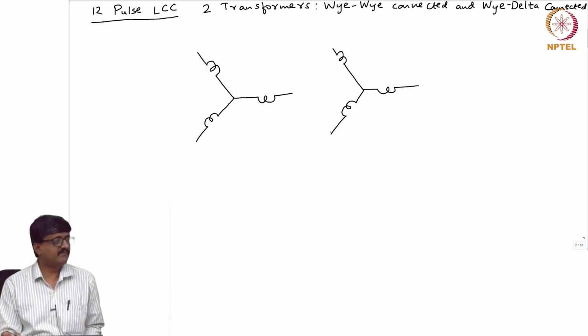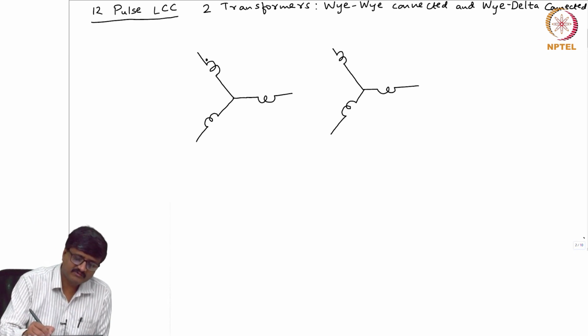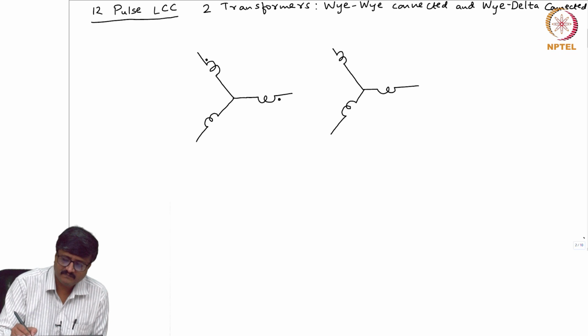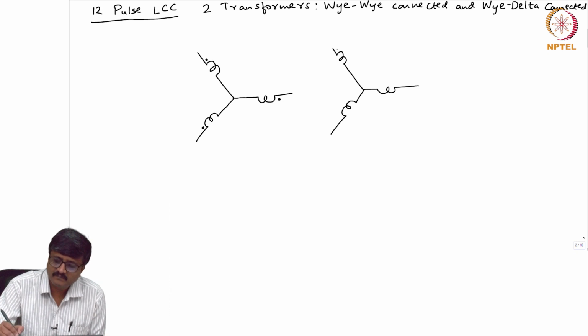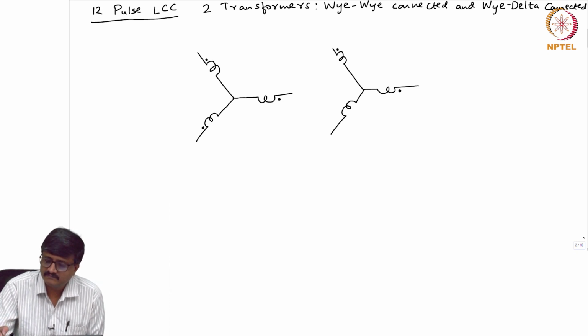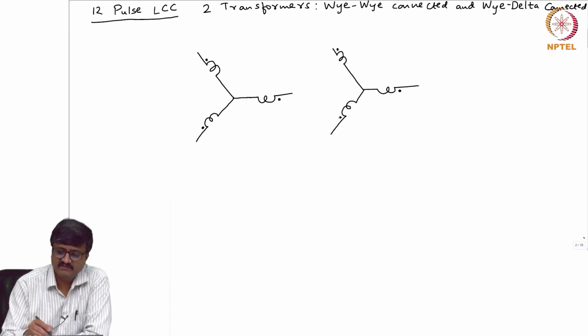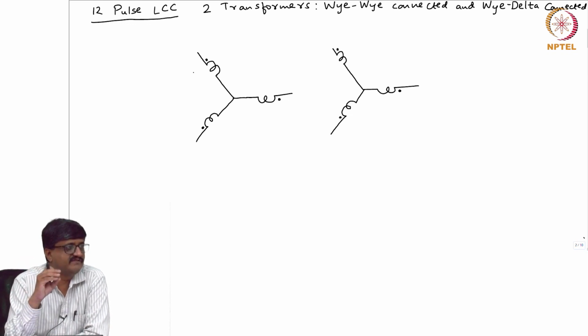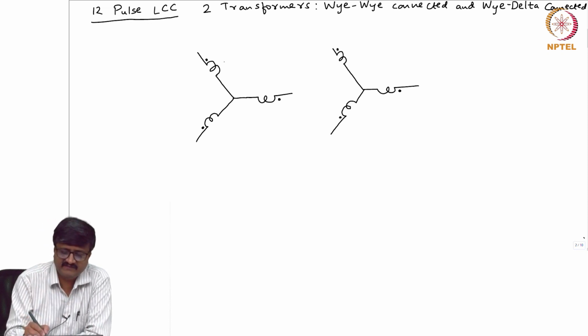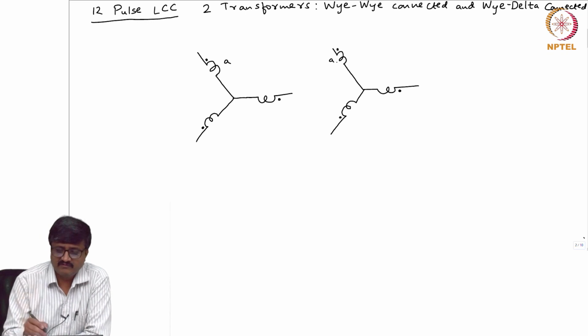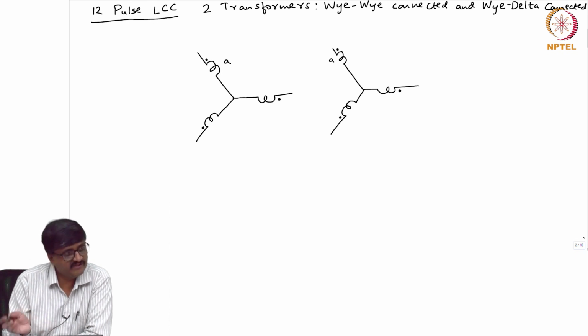Now, this is the circuit diagram of the YY connected transformer. We normally use what is known as a dot convention. Each winding is a 3-phase winding. If you take any phase, A phase or B phase or C phase, the dot means that terminal which always has the same polarity with respect to the other terminal for both windings. Suppose I take this as A and this as A phase. The dotted terminals of both these windings are at the same polarity with respect to the other terminal which does not have a dot. That is the purpose of the dot convention.